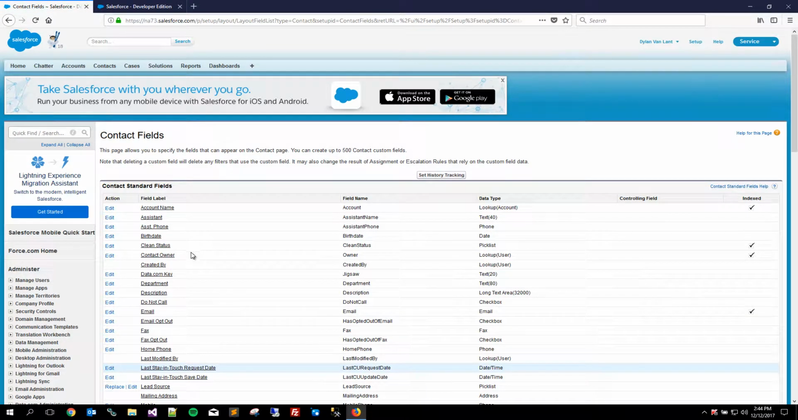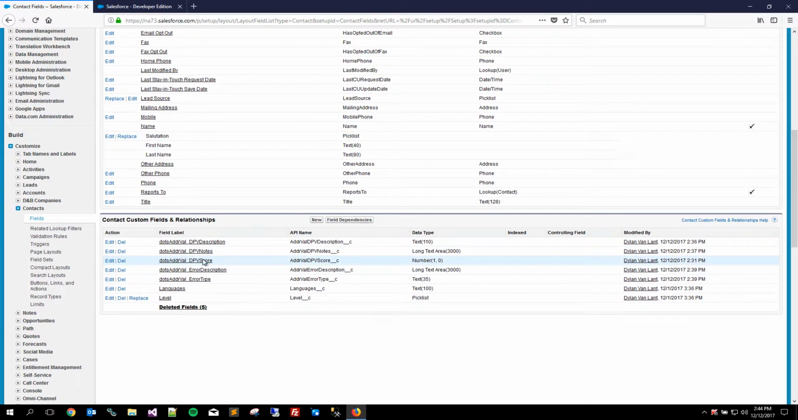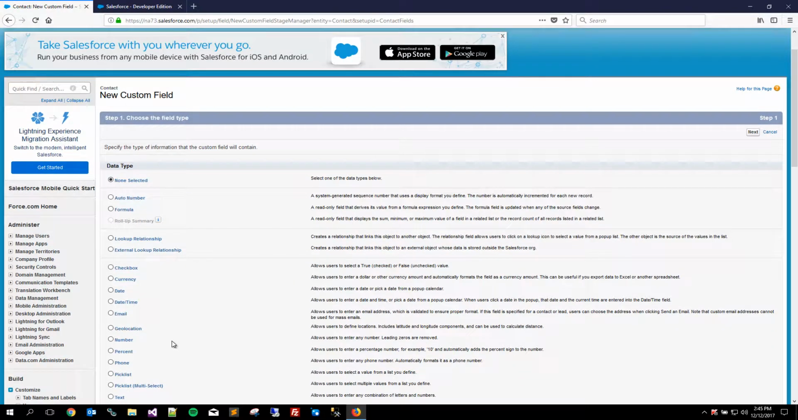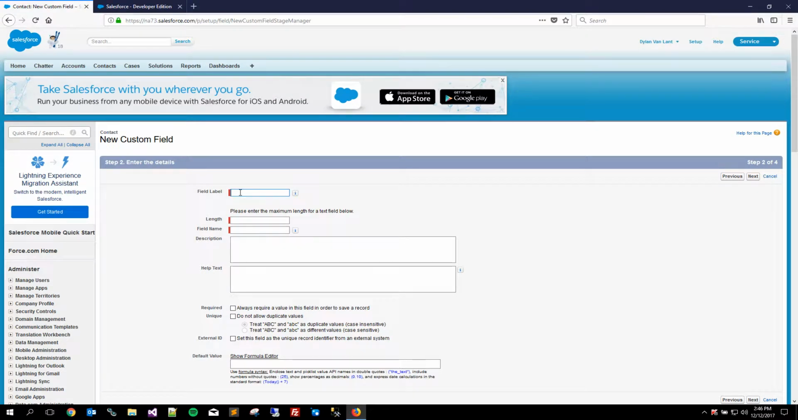Once we are here, we will scroll down to the contact custom fields and relationships, and you can see here I have several custom fields already defined. I have mostly DPV information and error information, which are fields that we'll parse out from our Address Validation 3 response. So I'll go ahead and add another field here for the sake of example, and for this field, we're going to add the IsResidential flag that comes back from the Address Validation 3 service. For this, we'll select text, select next,